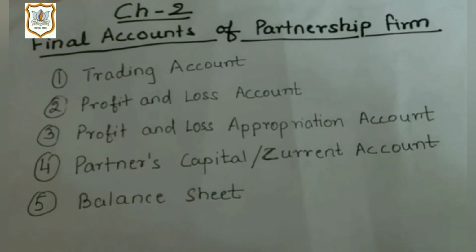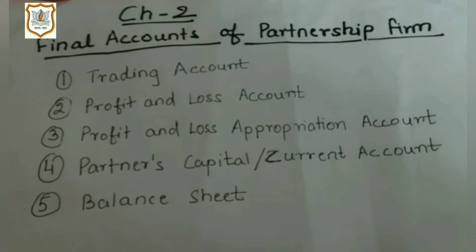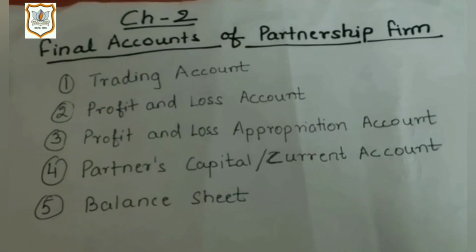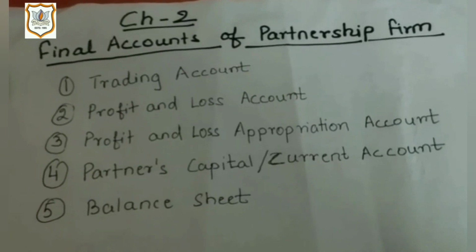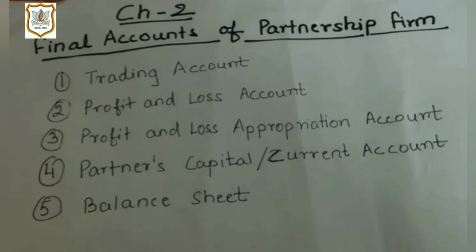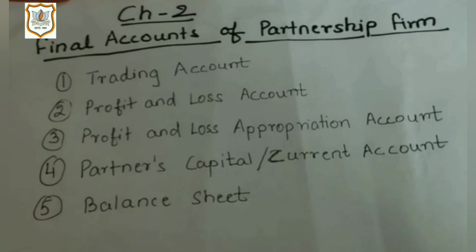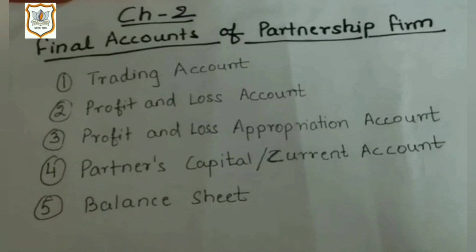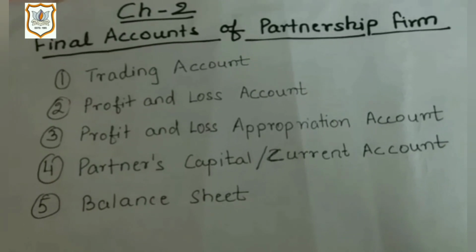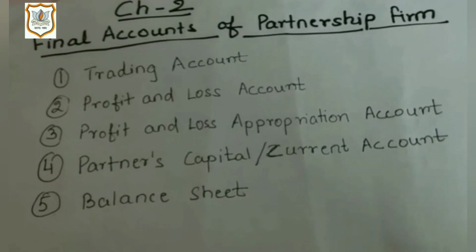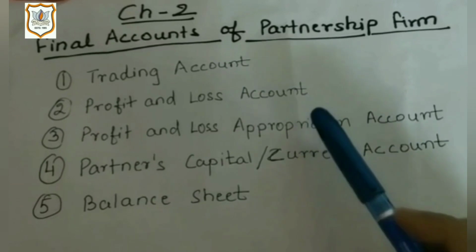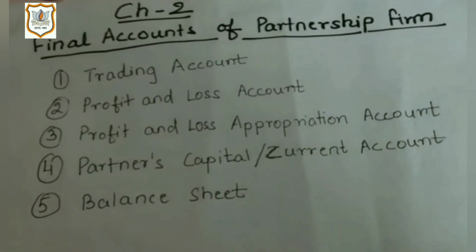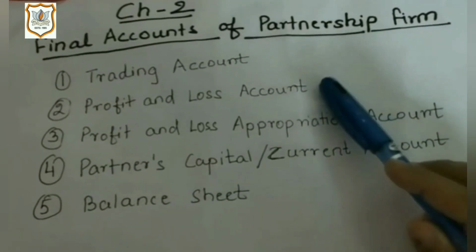Today we will be learning final account of partnership firm, that is chapter number 2. Final account of partnership firm is similar to final account of sole proprietorship that you have already learnt in standard 11th. Only the difference is that in final account of partnership firm you will have to prepare two more accounts, that is profit and loss appropriation account and partners capital and current account, along with trading, profit and loss account